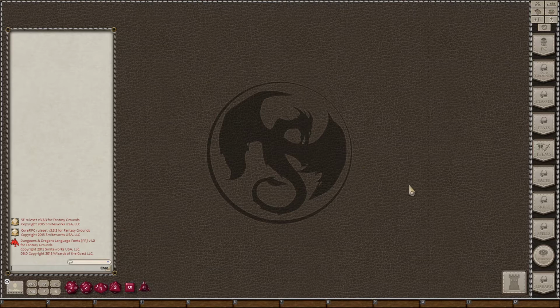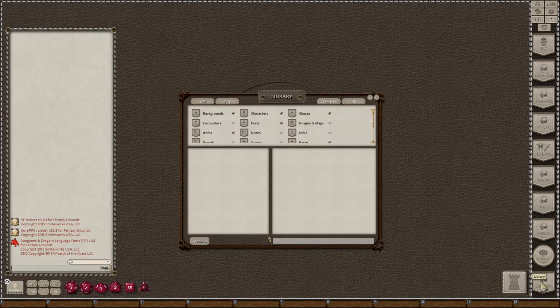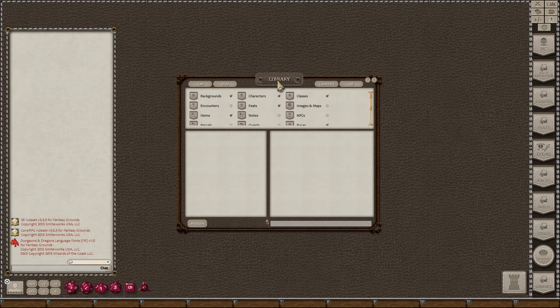So in order to do that, the first thing I'd like you guys to check out is this library button down here at the bottom. This is a really, really important part of how Fantasy Grounds works. Because Fantasy Grounds isn't a game. Fantasy Grounds is a piece of bookkeeping software, really powerful bookkeeping software that is designed specifically to help